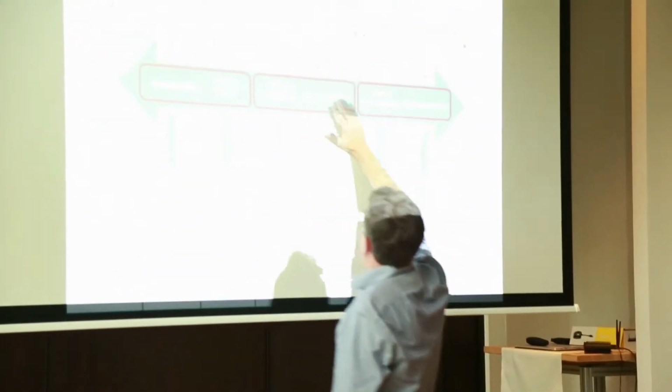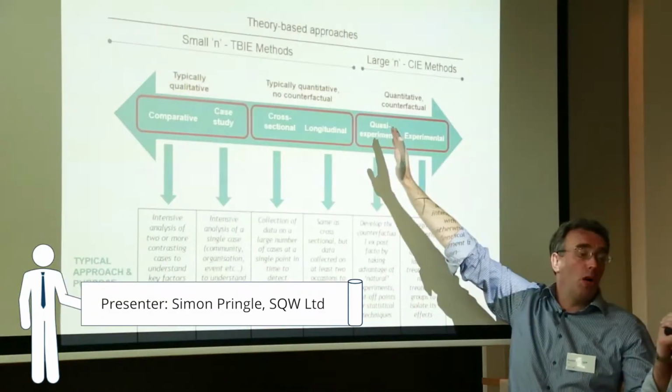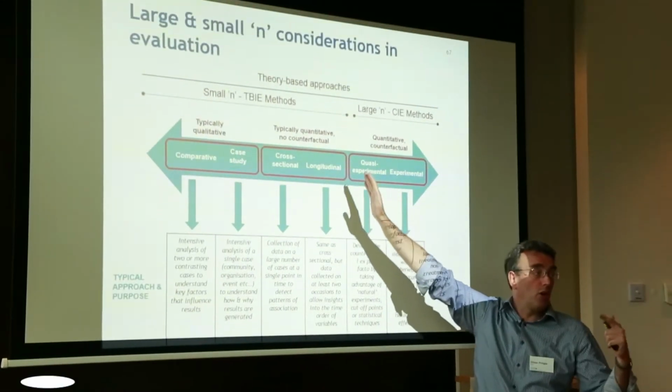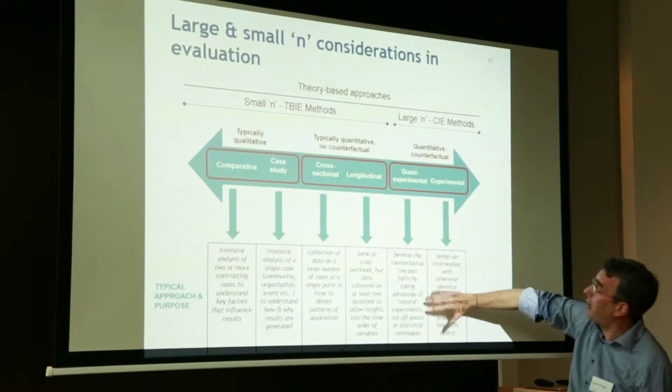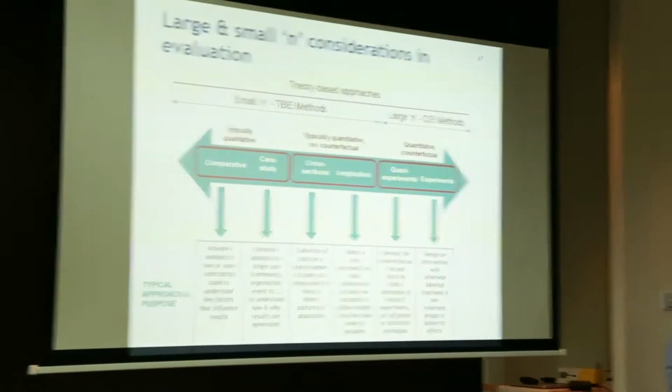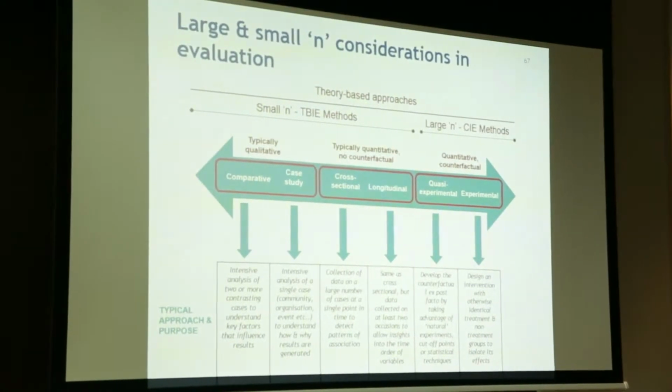Small n theory-based impact evaluation methods are best. Where you've got large n, what are the factors? Large n, homogeneity, you've got no budget constraints, no political limitations. This sort of quasi-experimental or experimental method, largely done by academics, is the way to go. Now,